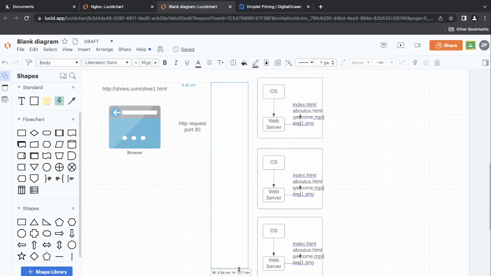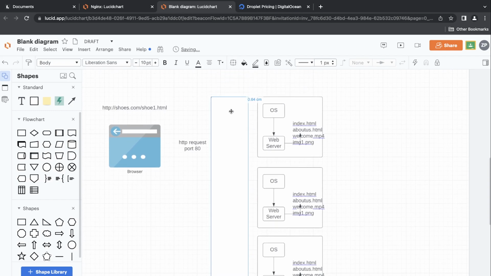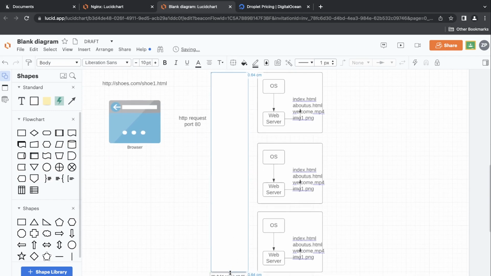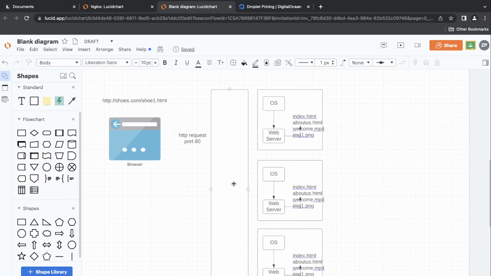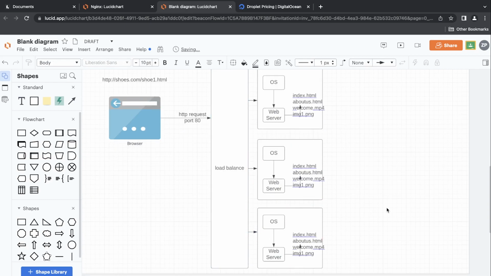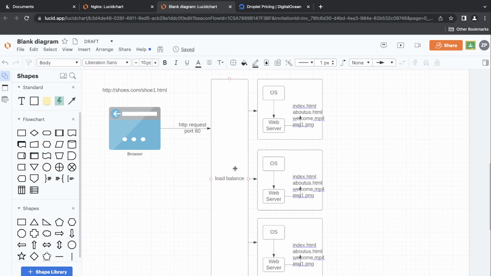Now, this is typically managed by a load balancer. So we have some sort of intermediary device or hardware here or service which we can purchase or set up ourselves, which will load balance. Basically, what this is going to do is it's going to take in the requests, and then it's going to divide those requests up into the different servers here. So essentially, we can now support more users per second or more requests per second because we're dividing that up